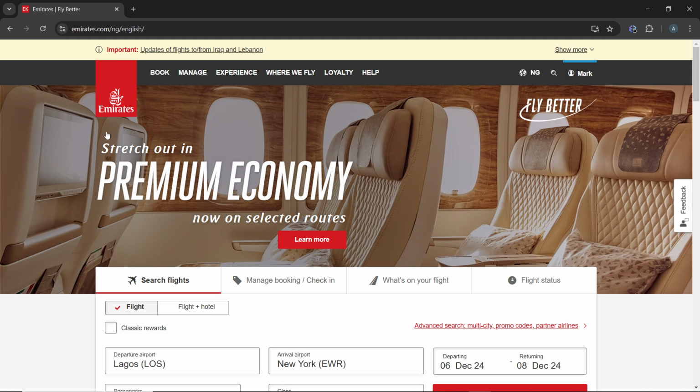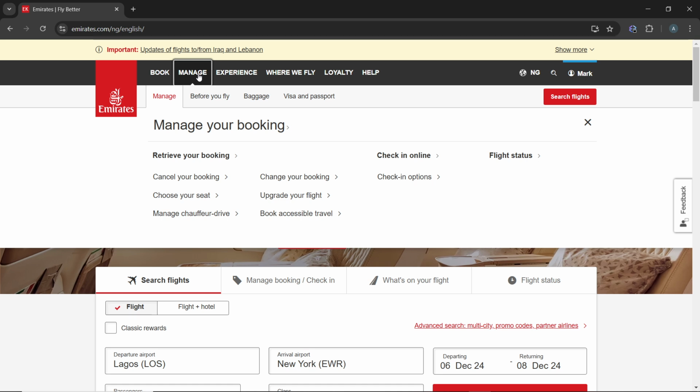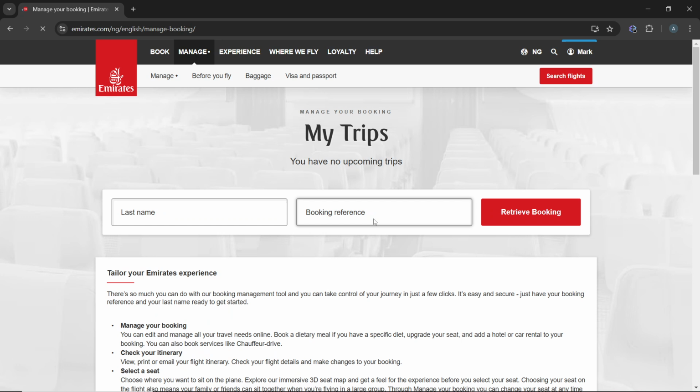And once you head over to the Manage tab, the next thing you're going to do is to locate the Manage Booking section. Now, there are a couple of things that you can do to retrieve your booking or to manage your booking. So just head over to Retrieve Your Booking and that's it. From the options here, on the Manage Booking page, enter your last name and the booking reference